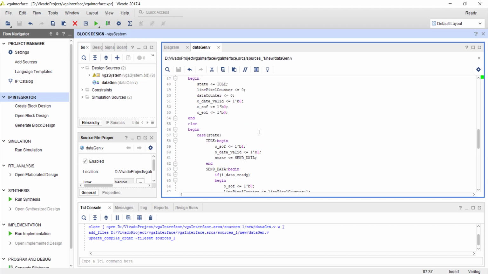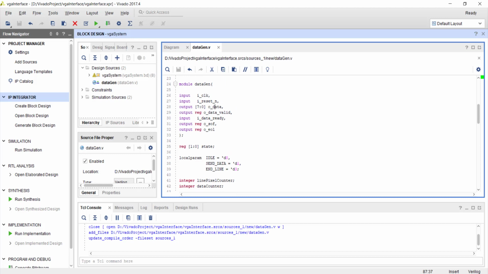So for that, what can I do? So we have the data here, or data. Okay, so I made a mistake. This is 1 byte, but we have 3 of them, so it should be 23 down to 0. Okay, yeah, 24 bit data. So out of this 24 bits, the lower 8 bits represent R, then G, then B. So when I'm sending a line data, for 1/3 of the line data, I'll make only the R signal high. Blue and green, I will keep it low. For the next 1/3, I will make G high, other two low, and next 1/3, I will make B high and